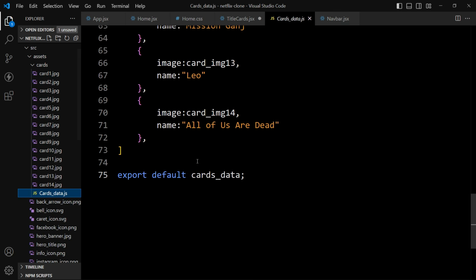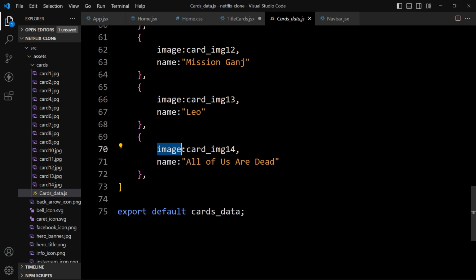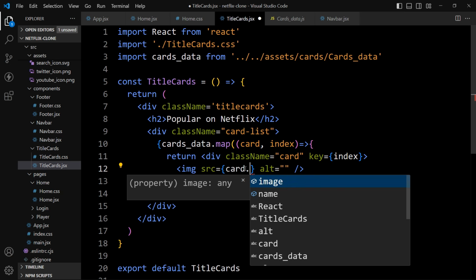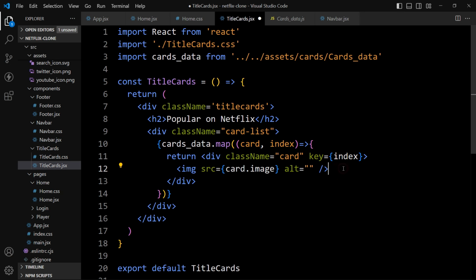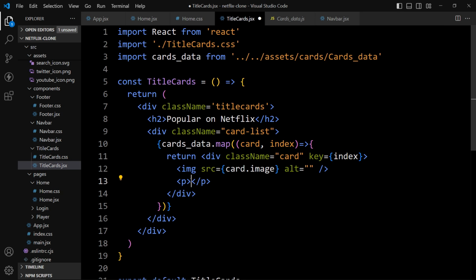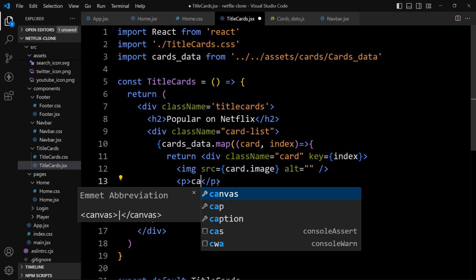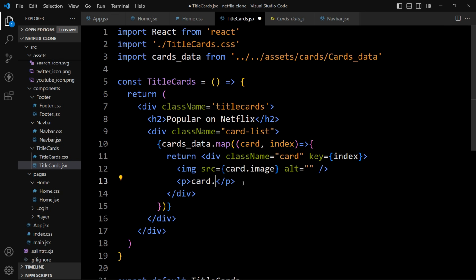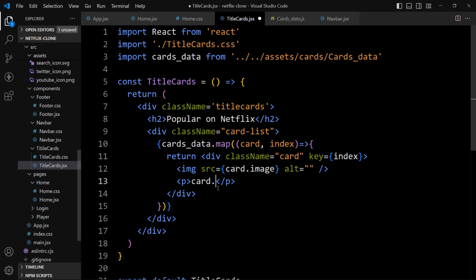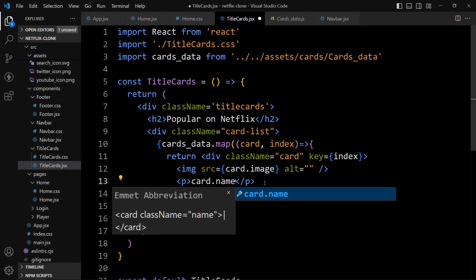You can see we have the image, right? So just add this one, card.image. Then in the next line we will add one text in a p tag, and in this p we will add card dot, and we have the movie name with the name property. So let's add name. That's it.